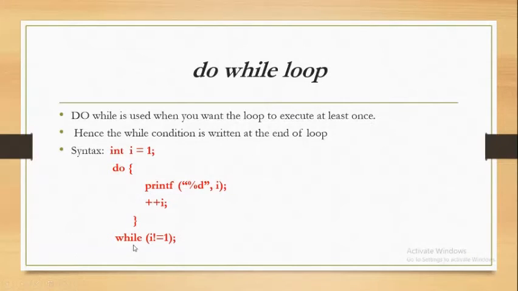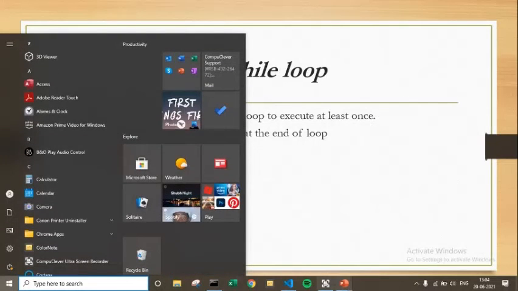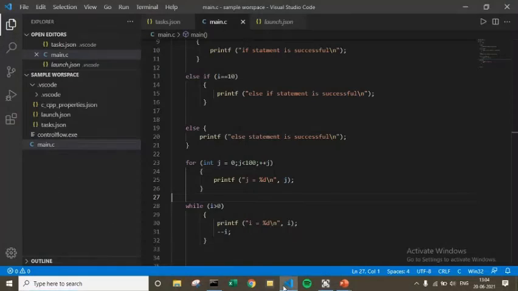So in a general while loop, the loop will not execute even once, but in a do while loop this will execute at least once. Let's see in Visual Studio Code, this gives a better understanding.